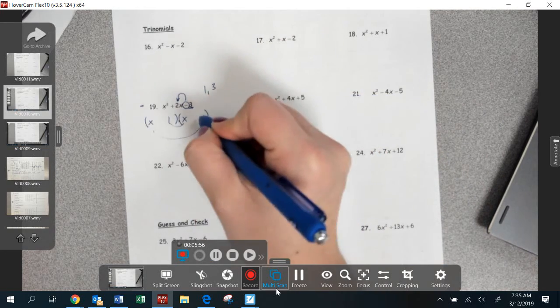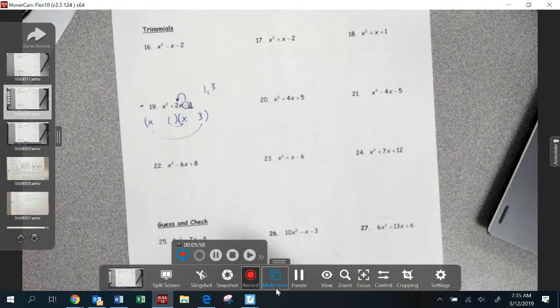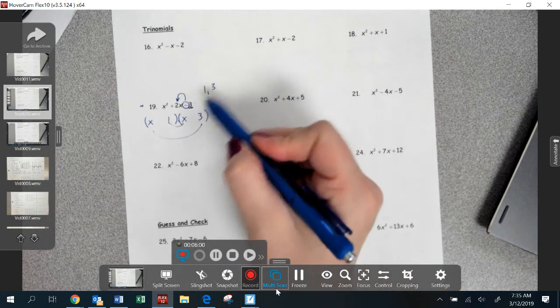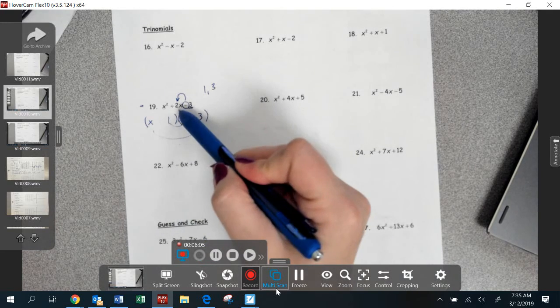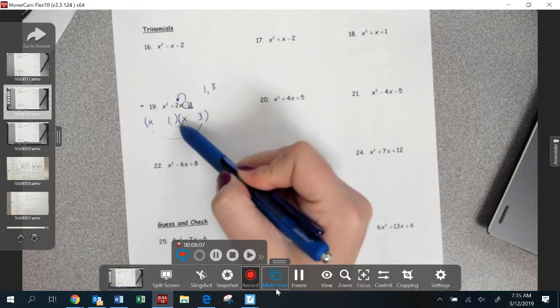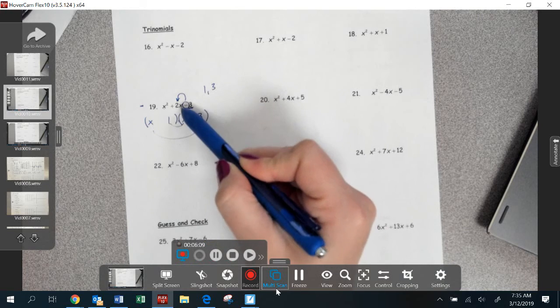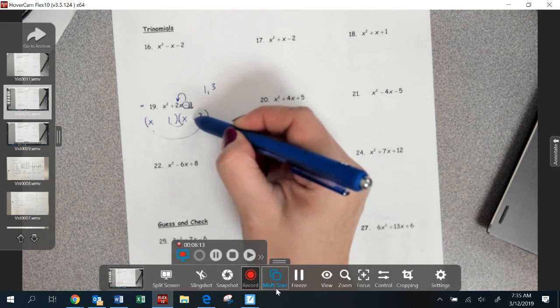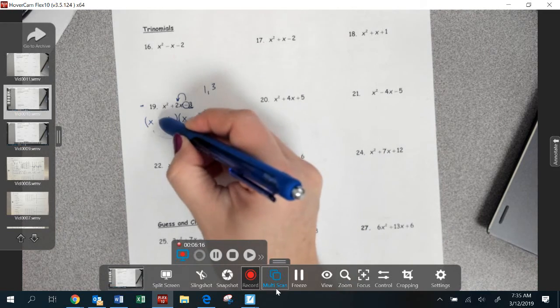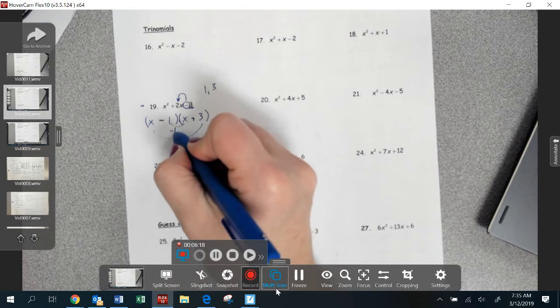So that's just a little trick to help give you a nudge in the right direction. So I'm going to place 1 and 3, since that's my only pair, into my parentheses. Sometimes we'll have multiple pairs. We'll have to test multiple pairs out here. Now, if I want these pairs, when I've multiplied my inside and outside, to add to 2x, I need to make sure that I have a positive 3x and a negative 1x. And if I check that,